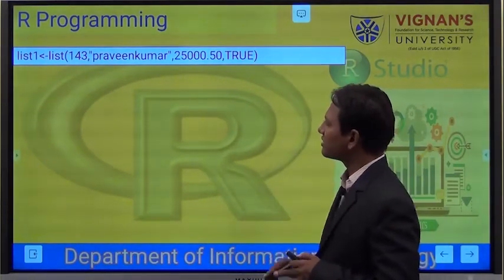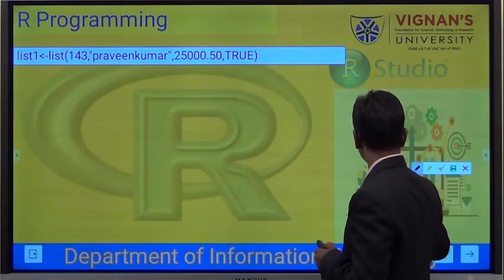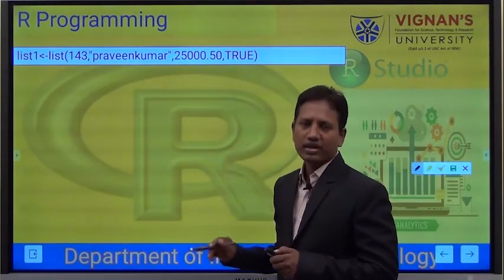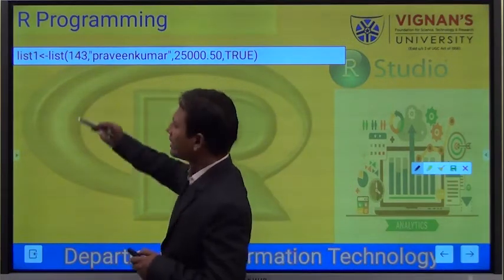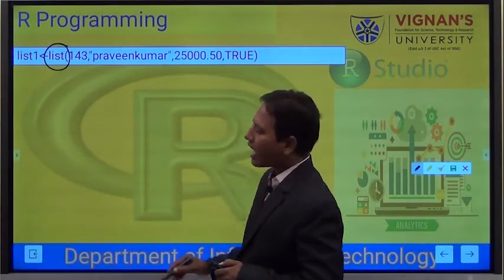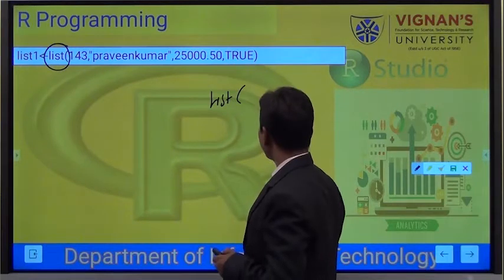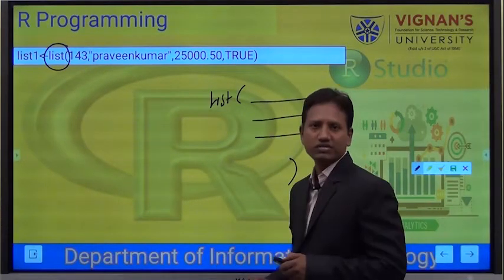So here is an example. How to create a list? To create a list, we have a function called list. And to this function, I have to pass the different R objects.